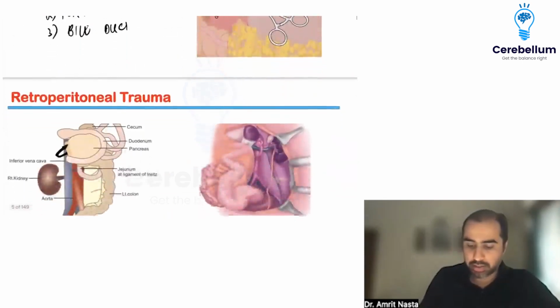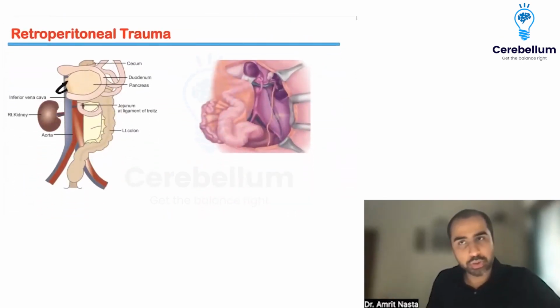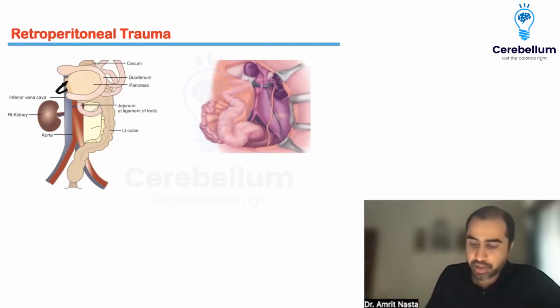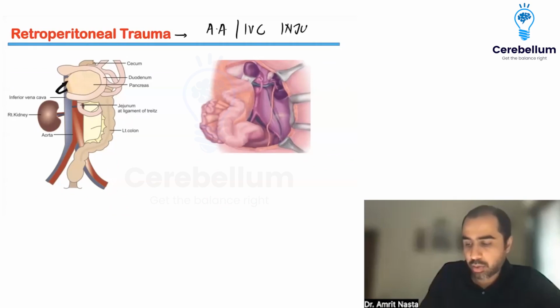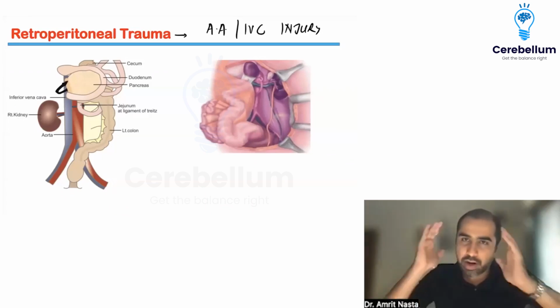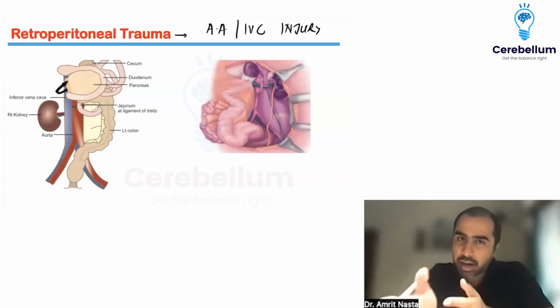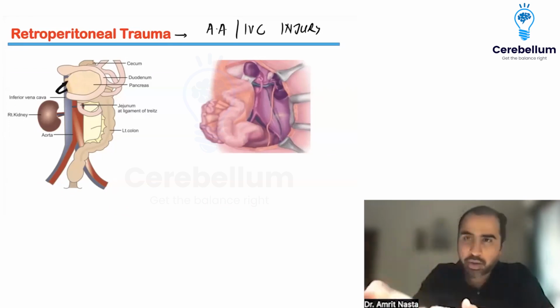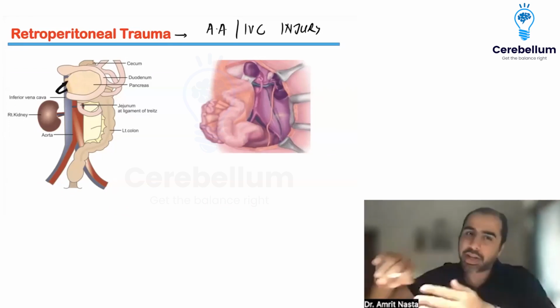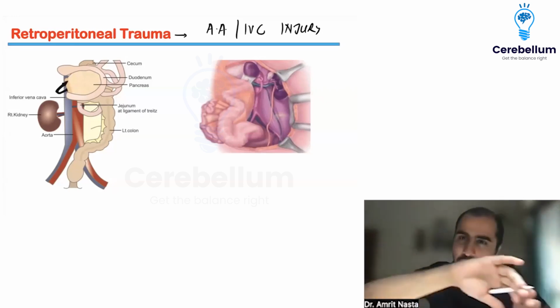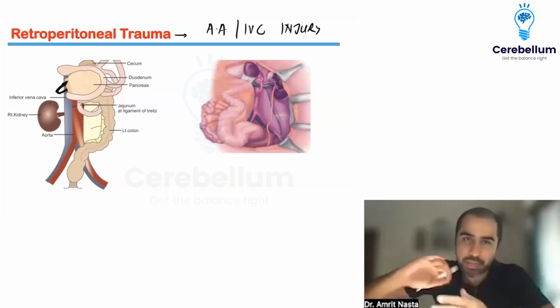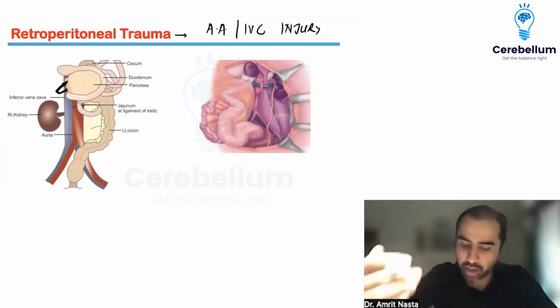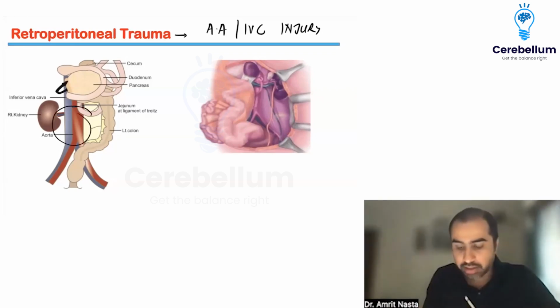So they look like this. It is done in retroperitoneal trauma. So you can add this to your notes later if you want. In retroperitoneal trauma, when I am suspecting abdominal aorta or IVC injury, I do these maneuvers. Basically, when I do enter the abdomen, I can't see where my IVC is. I can't see where the aorta is. So I have to do some moving about the intestines. Intestines को मुझे move करना पड़ता है. I move them and I go behind them because aorta, IVC, as you can see, they are एकदम पीछे, intestine